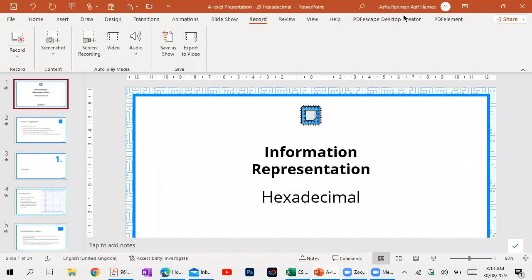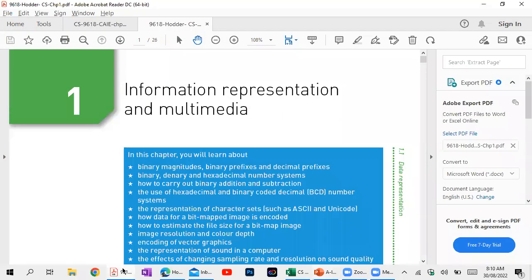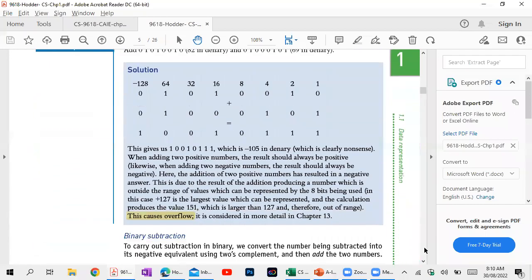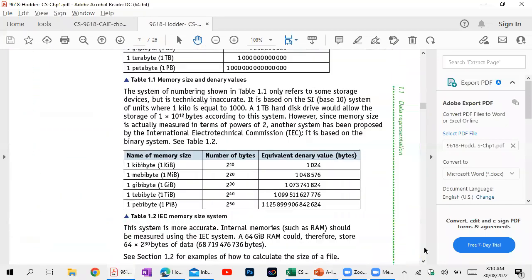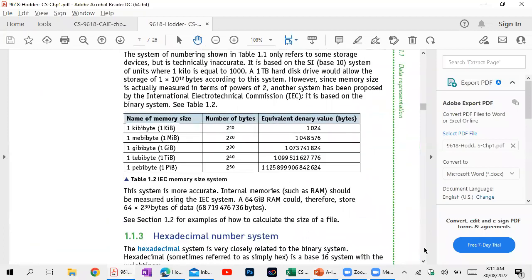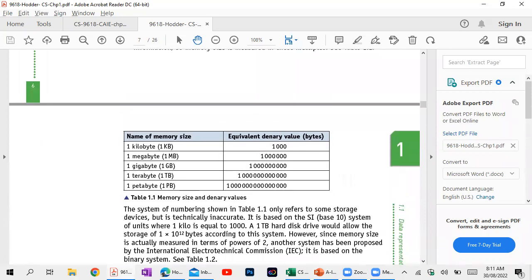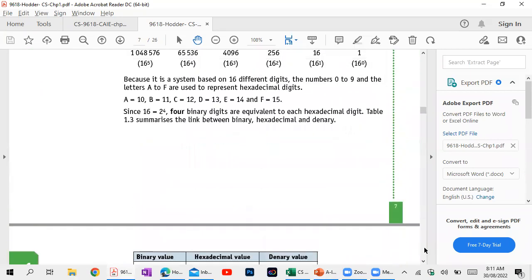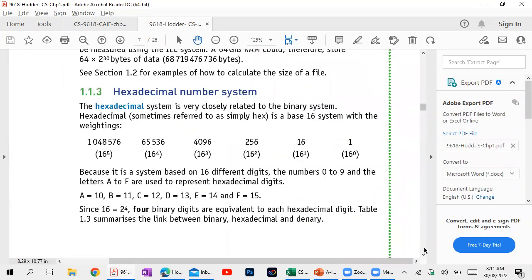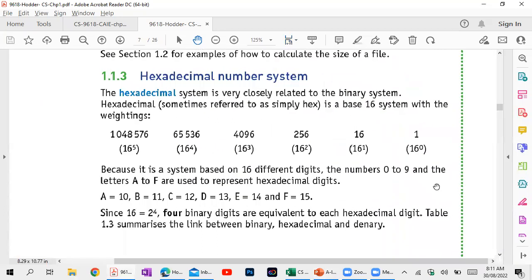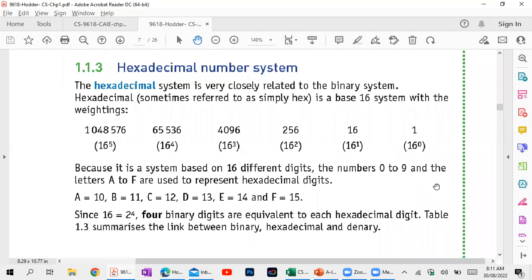Okay, so today we will start with the hexadecimal representation. In the book, it's after binary arithmetic. We have done the prefixes, binary prefixes, the kilobytes, megabytes, and then 1.13 is the hexadecimal number system. Hexadecimal number system is